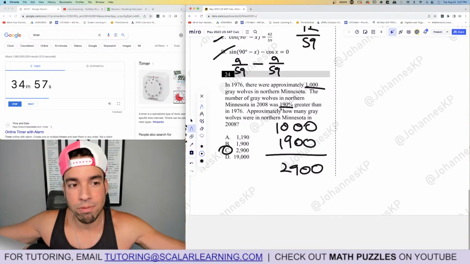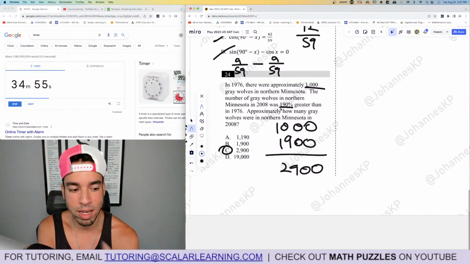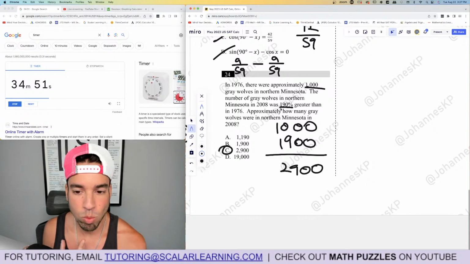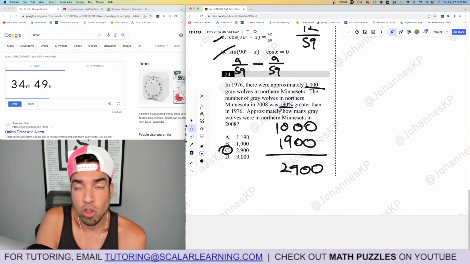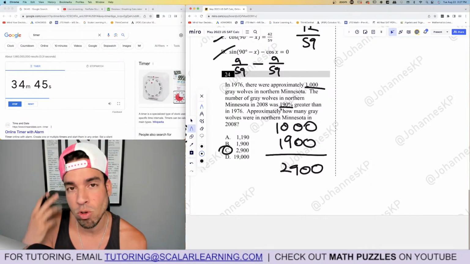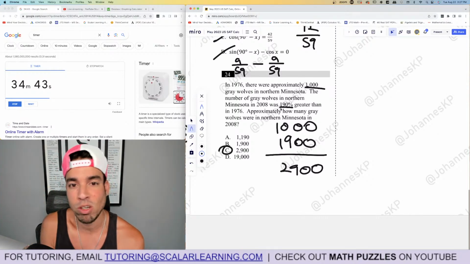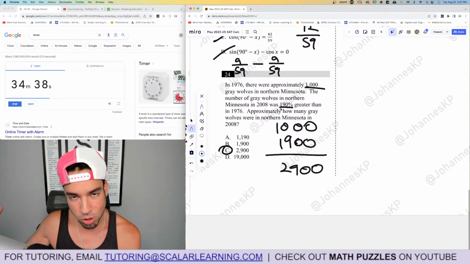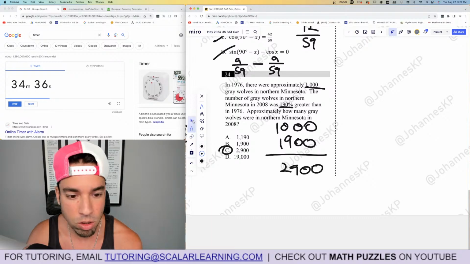Remember, if you're ever confused on this, you'd be like, okay, wait, do I take the percentage and add it, or do I just take the percentage? Think about if they asked the question, what if this was 40% greater? If it's greater, you can't just take 40% because it'd be less. So you know, wait, that's not right. If it said 40% greater, I'm taking 40% and adding it to the original. Oh, I have to do the same here. So that's how you do it. Let's go on to